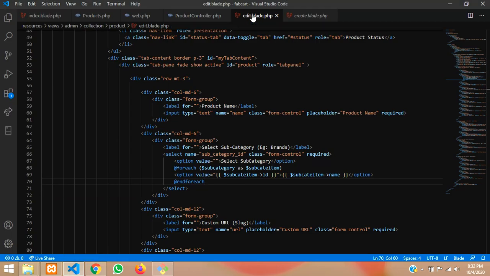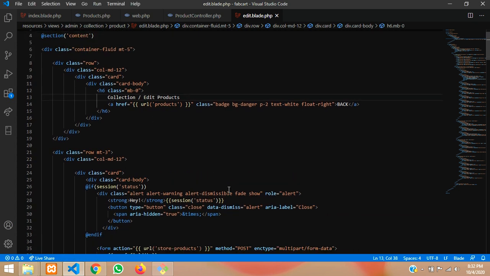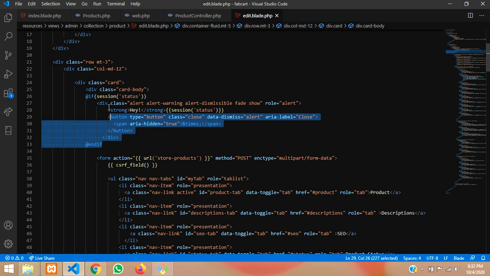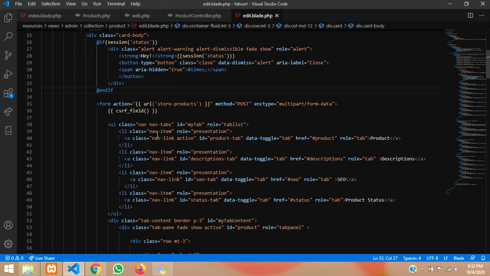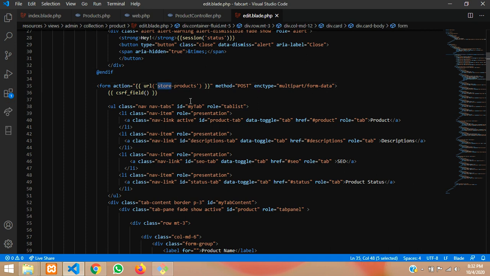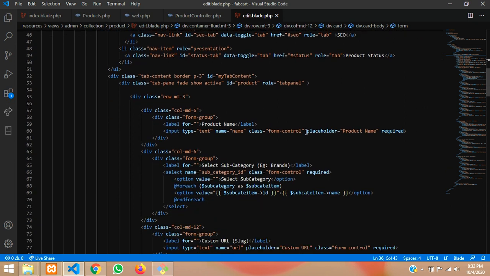So we are on the edit blade file, right? Let me close this so we'll not get confused. So guys, now edit products, we'll click edit products over here, collection edit products, then we'll move below. This is for a message to show the status, so we'll just ignore that, and we have to change the URL. Right now I'm going to leave it empty first, so we will work on it. So first let us leave it empty, and now we will go below, and then this is the first product name